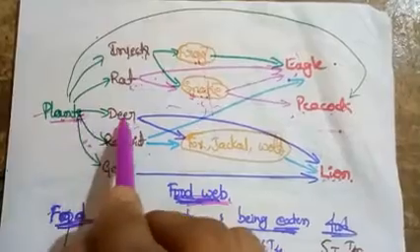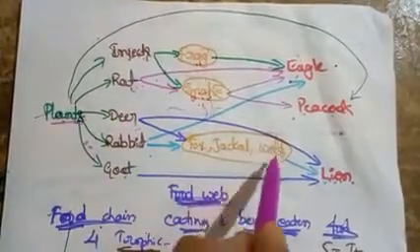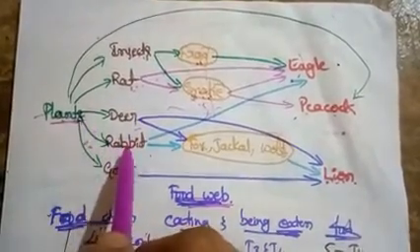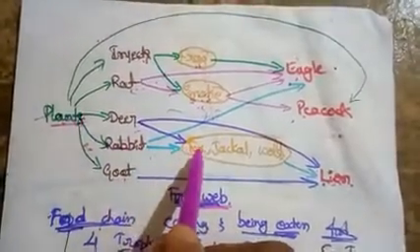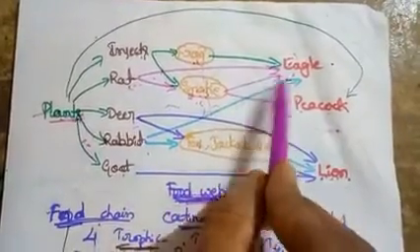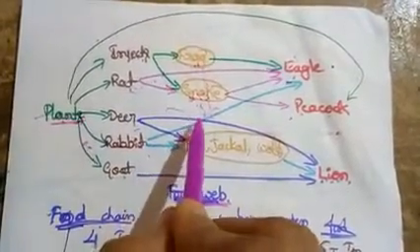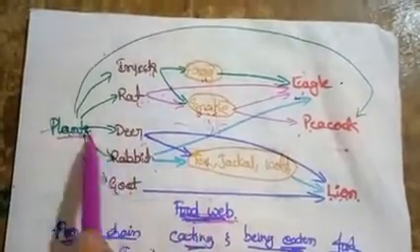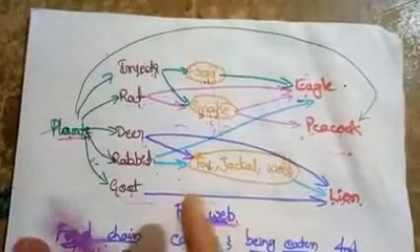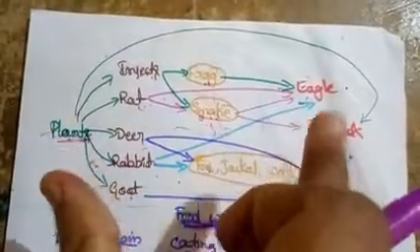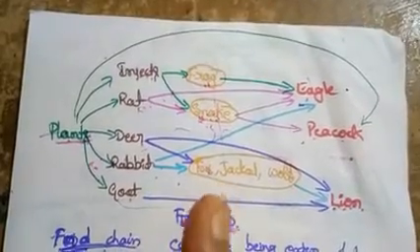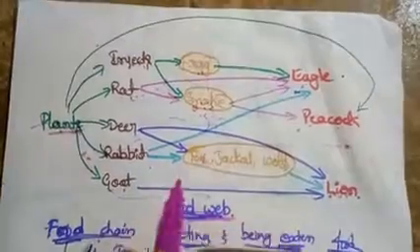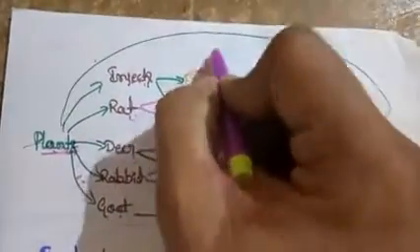In the same way, the deer is eaten by the fox, jackal, wolf, and it can also be eaten directly by the lion. These plants are eaten by the rabbit, so the rabbit is eaten by the fox, and that rabbit is also eaten by the eagle. So this is how they are dependent, how they are interlinked. This shows the interlinking of different food chains, and we can see the complexities. If the food web is complex, then that food web or that ecosystem is always permanent.